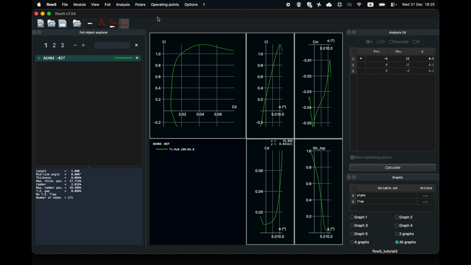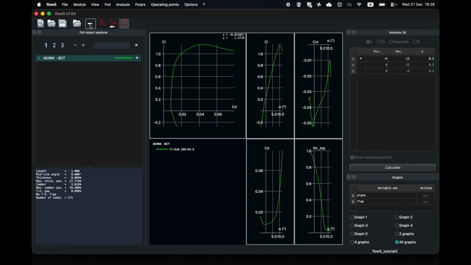The way flaps are handled changed between Flow 5 and Exafilla 5. Flaps are now a sort of more dynamic property that enabled a bunch of changes to the analysis. The airfoil flap definition also has an impact on the plane analysis, which I will cover in a future video.